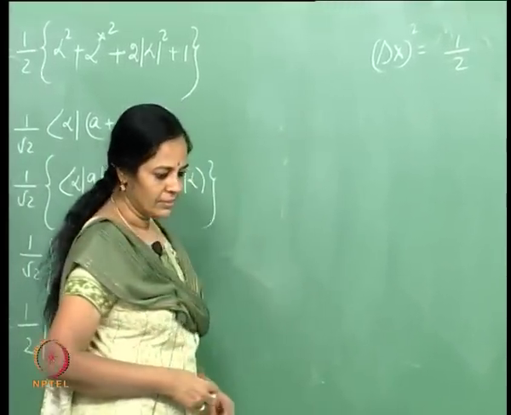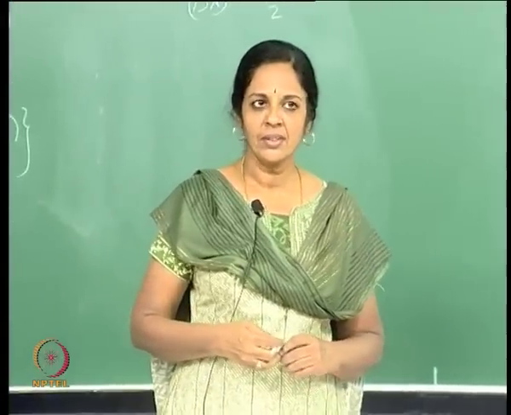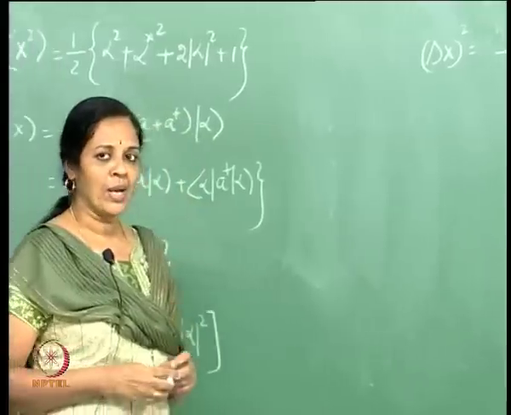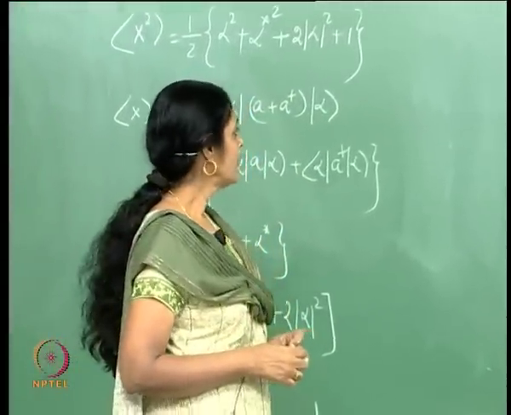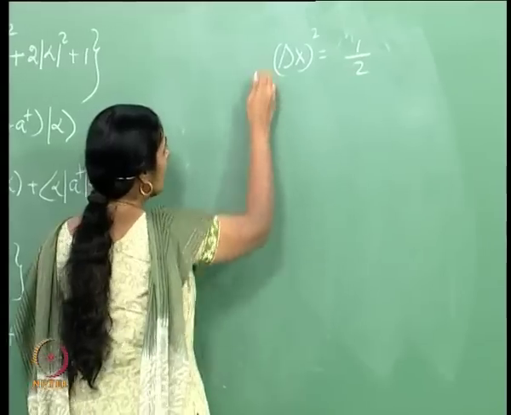This is analogous to the ground state of the oscillator, equivalently the 0 photon state, where in units where Planck's constant is set equal to 1, delta x squared is equal to half. Now let me compute